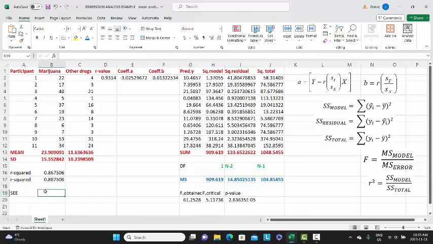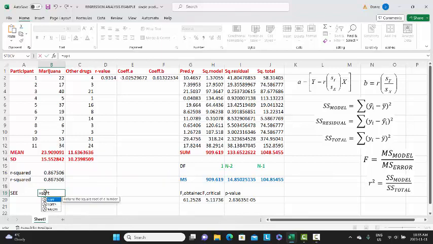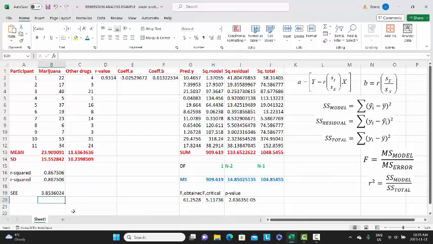So I'm going to ask Excel to do that, and I'm going to hit the equal sign, and I'm going to use the Excel command for square root, which is SQRT, Shift 9, and I'm just going to click this value right here. I'm going to Shift 0, and I hit enter. So what we have here, and I'm just going to bold this,